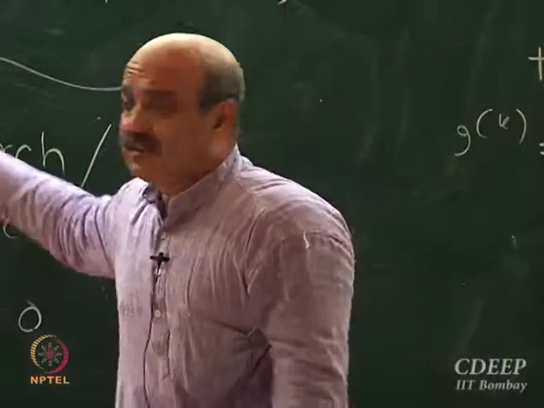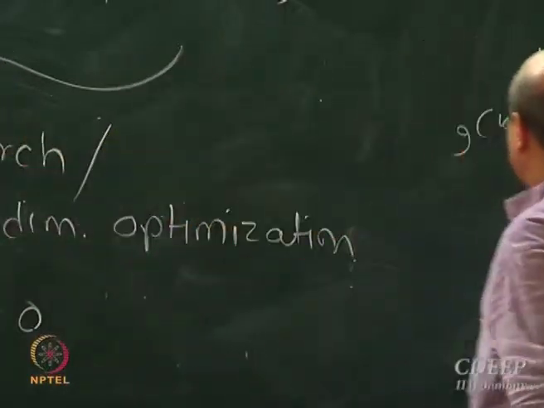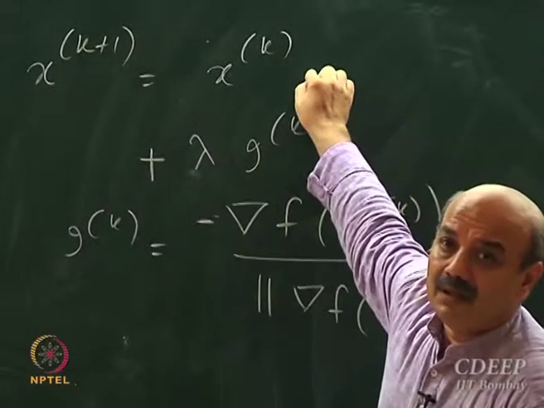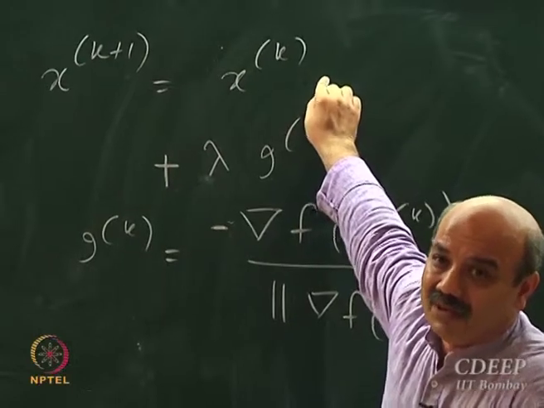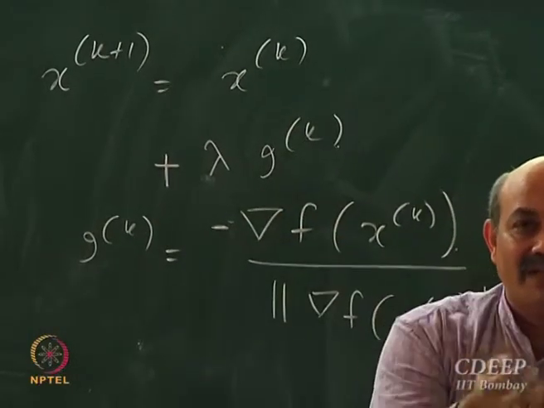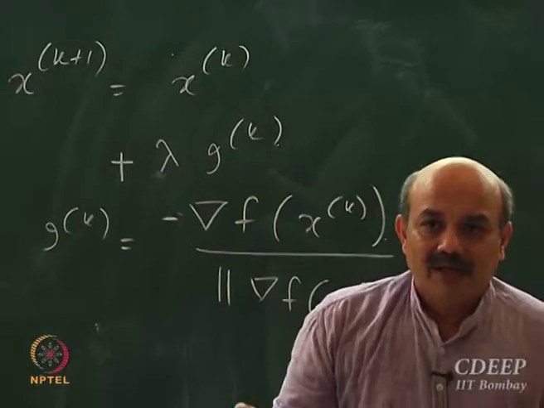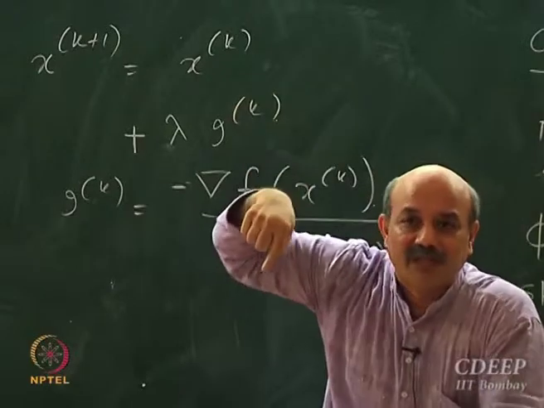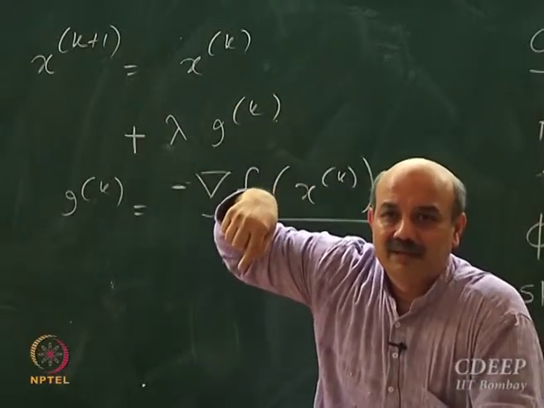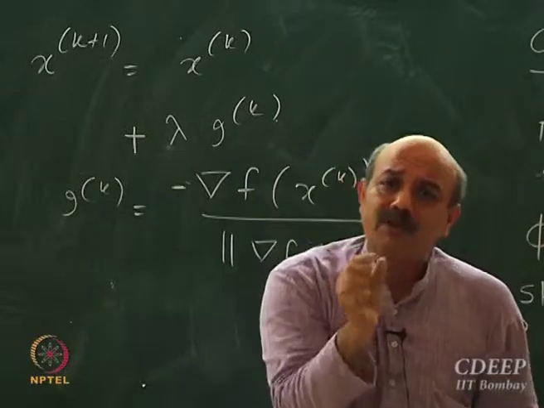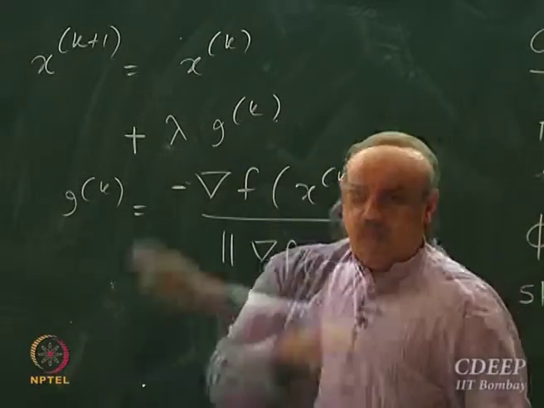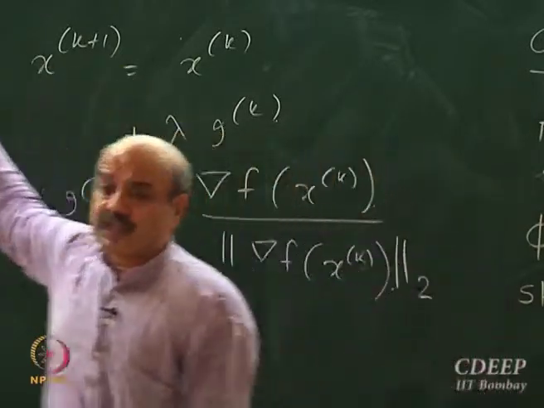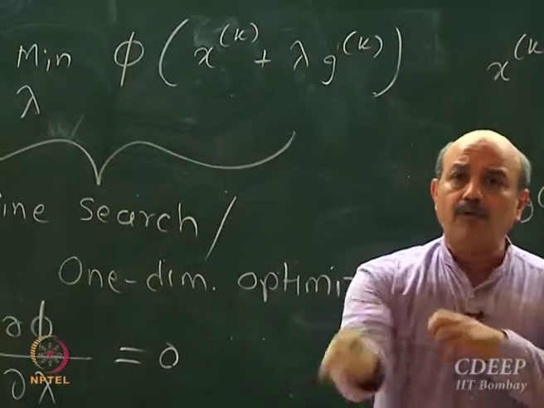Just remember one thing. You are trying to do a local movement only based on the local derivative. There is limited information one derivative of a function carries. So you cannot take too large steps using just local gradient information, and you should not take too small steps also, right? To balance that, we introduce this lambda, and then we minimize the function with respect to lambda again, and then find out how much to move.